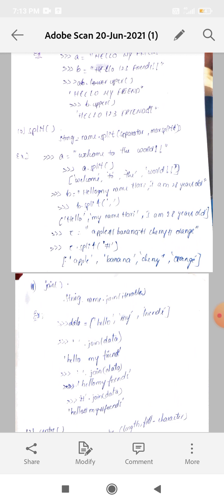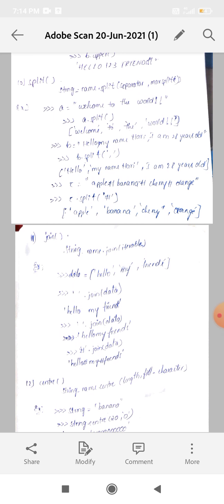Enter a string "welcome to the world". a.split splits the string into separate words: welcome, to, the, world. Next B is "hello my name is Hari, I am 28 years old". It separates like this: hello, my, name, is, Hari, I, am, 28, years, old.